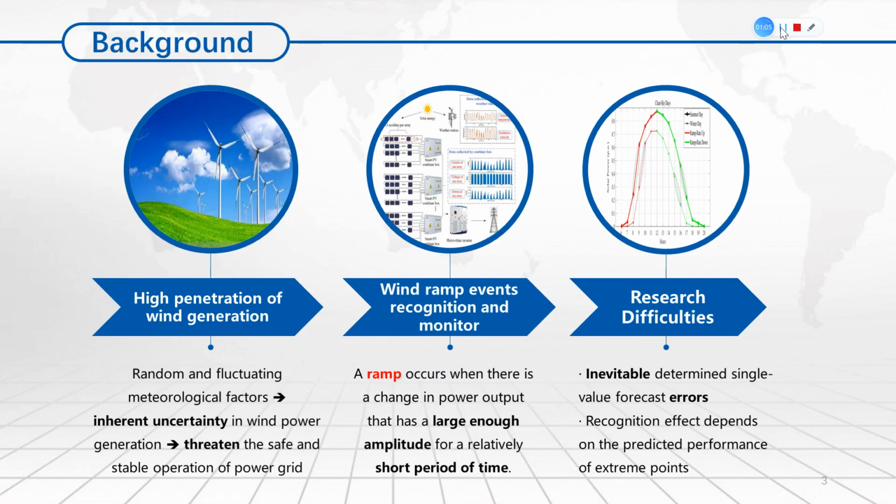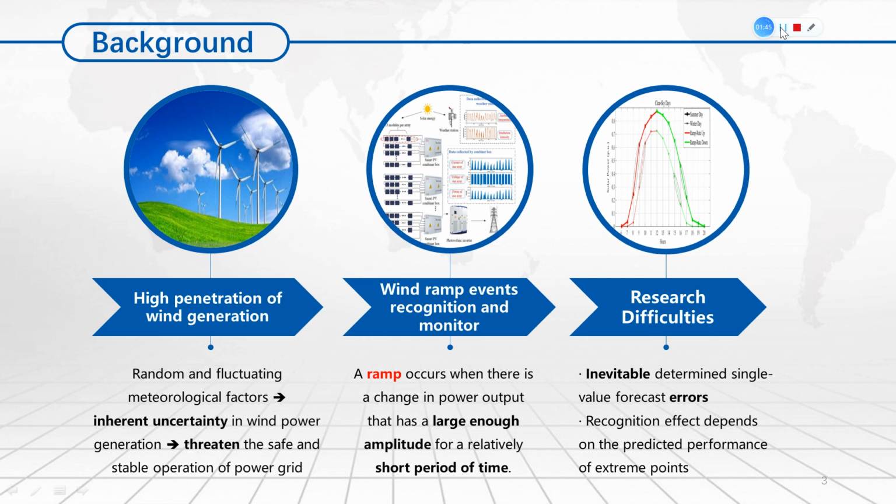Now, let's begin. The rapid development of wind power has effectively alleviated environmental pollution and the energy crisis, while the impact caused by its inherent randomness under extreme weather on power systems has gradually been stressed. A critical issue is ramp events, which are sudden and large changes in wind power. How to capture and deal with them has become one of the most urgent topics.